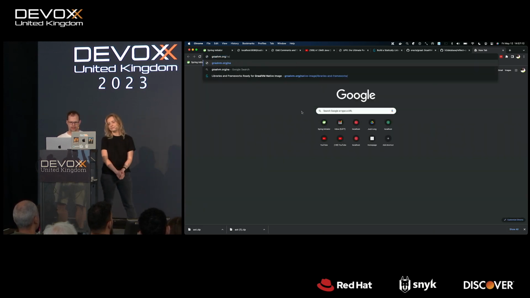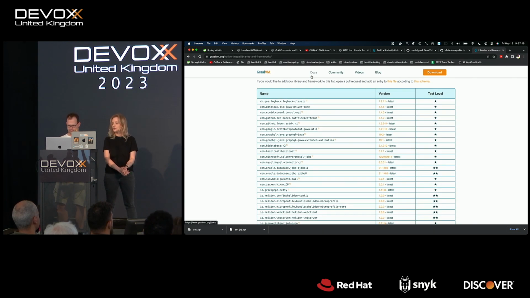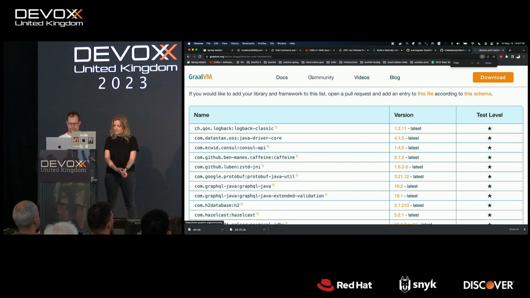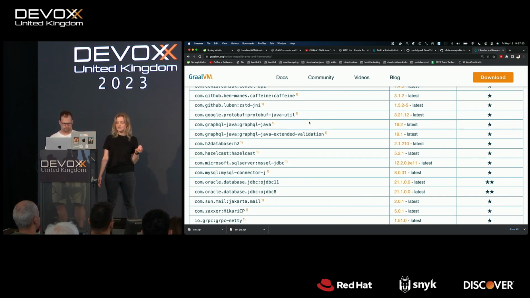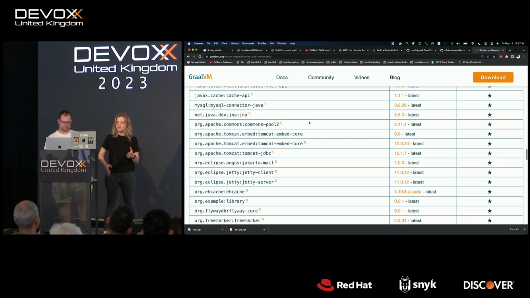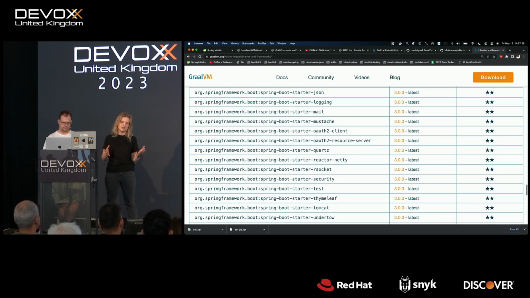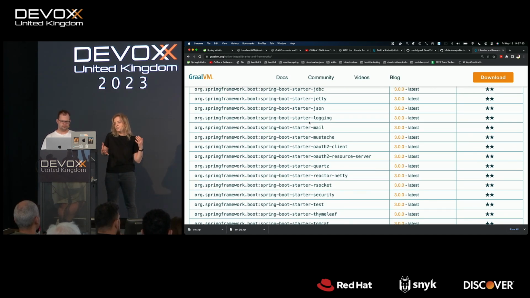Amazing. Right. And they're not alone. There are a number of different libraries. I think it's over 150. So, I mean, a valid question that I get sometimes is that what if I want to build my app as a native image, but I have several dependencies? Is there a way for me to know if it will work or not without actually building the app? So is there a place I can go and just see what works out of the box?